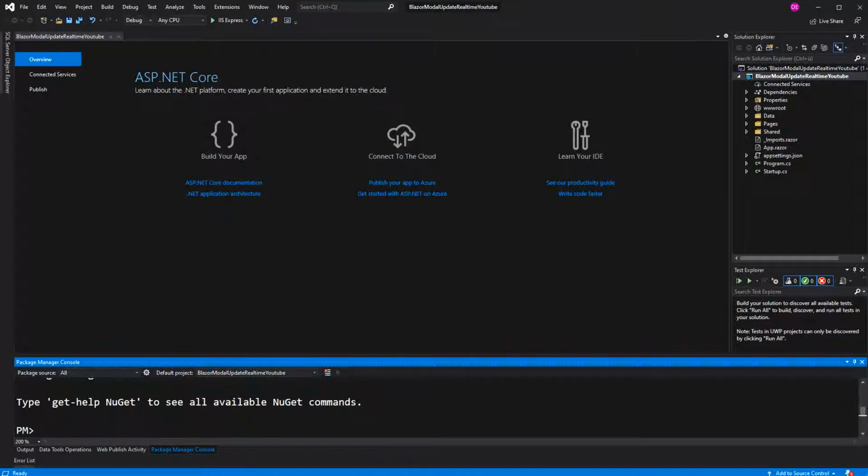Welcome. In this video, I will show you how we can create a model that updates the parameters of the component that has triggered the model in real time. First, we have to install the package